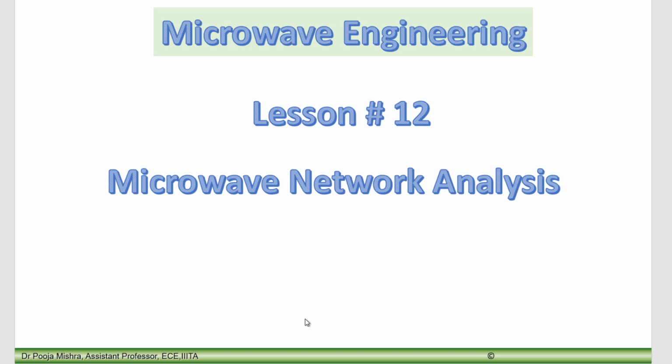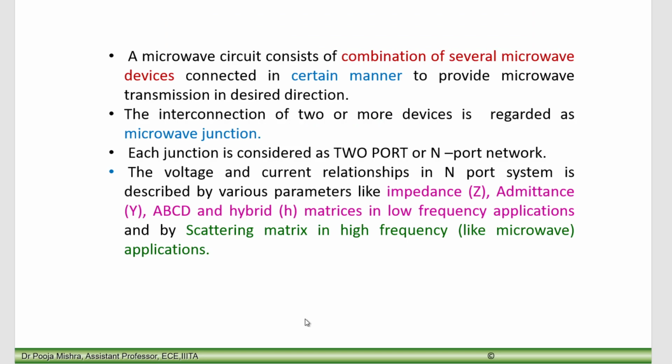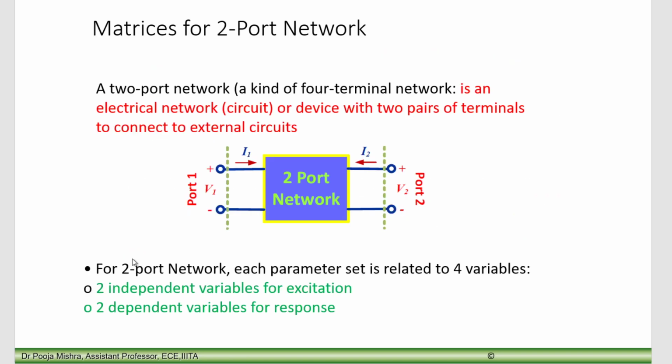As I mentioned earlier, it is a combination of several microwave devices connected in a certain manner to give you a transmission in the desired direction, and this interconnection is known as a microwave junction. Each junction may be considered as a two-port network. If a junction is considered as a two-port network, then we may represent it like this, which is a